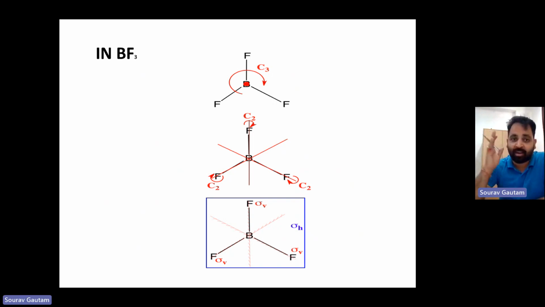For example, BF3 possesses a threefold proper axis of rotation passing through the boron, as in figure 1. It is passing through the boron atom and it is perpendicular to the plane of the molecule. In addition, C3, देखिए फर्स्ट में जो ये रेड पॉइंट है बोरोन पे यहां से बाहर की तरफ आएगा, ये है जेड एक्सिस, ये एक प्लेन है, BF3 एक प्लेन है, ये जो जेड एक्सिस है इसके परपेंडिकुलर होगी, जो